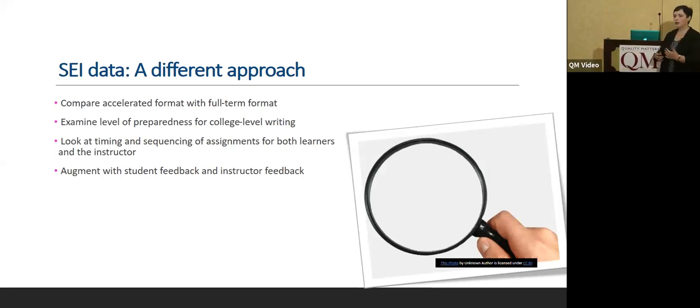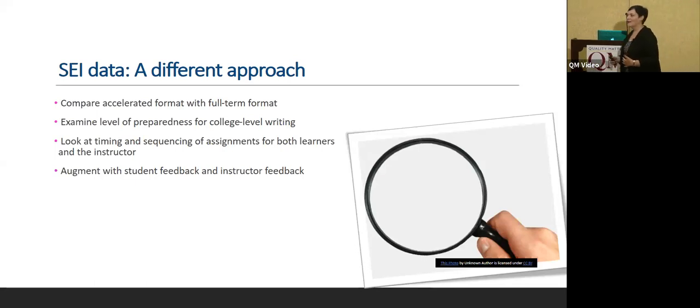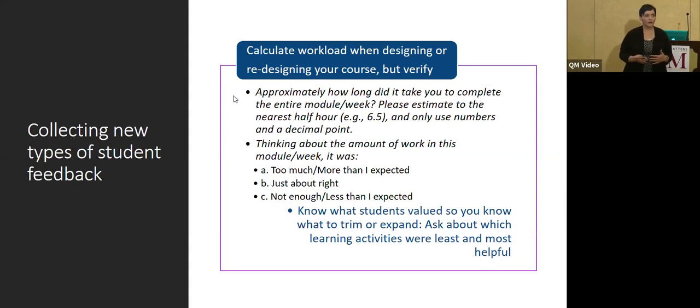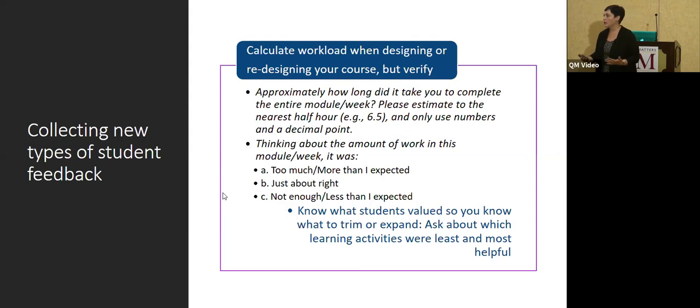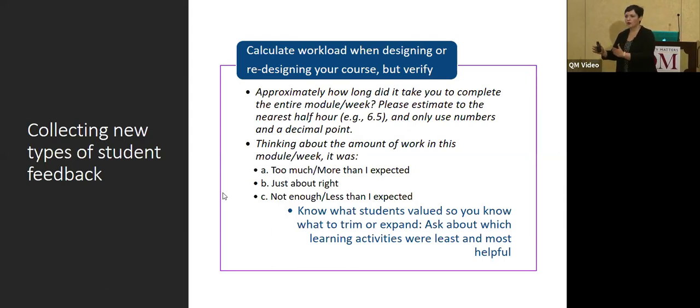One thing that you can do, especially in terms of workload, when you're trying to collect additional information from students, right? Because most of us have been in the situation where we do not get back enough information from those SEIs. That response rate is not high. One thing you can do is put in some anonymous student surveys in your course, especially if it's the first time that you've taught the course or you've just redesigned the course and maybe you're testing out some new assessments or something like that. You can put an anonymous, very short survey at the end of each module. Also maybe do a midterm check-in and a final check-in,